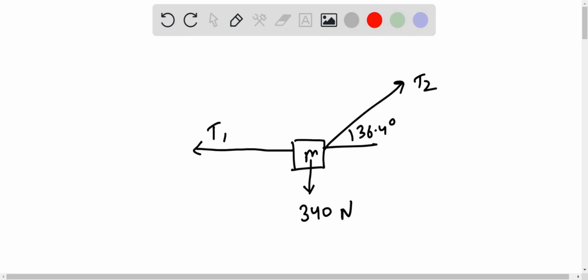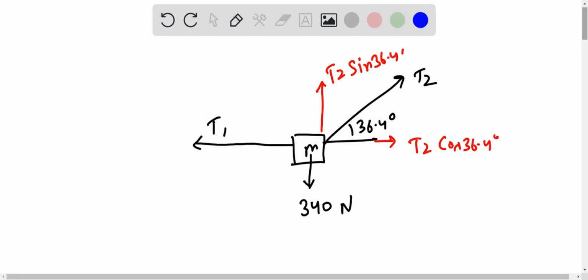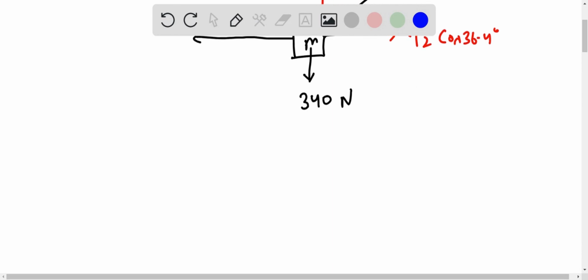Alright. So if I take the component of this T2, this would be T2 cos 36.4 degrees, and this would be T2 sin 36.4 degrees. So if I balance the forces in the horizontal and vertical direction, I get T2 equal to 340 by sine